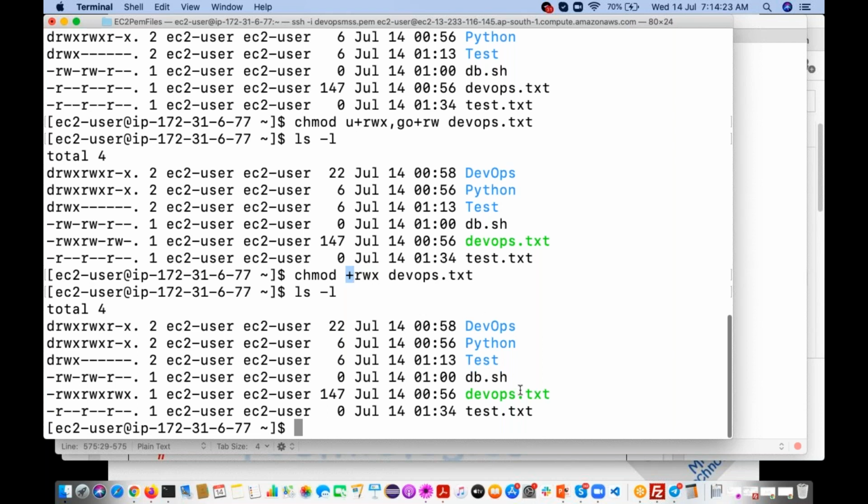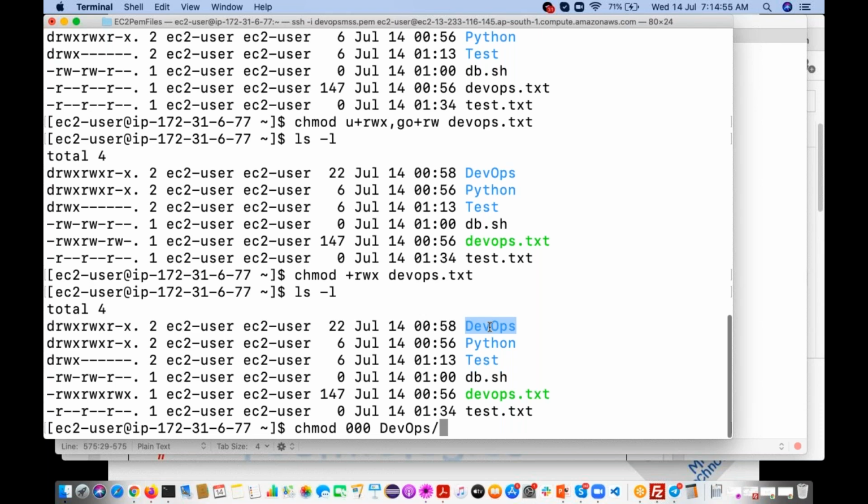So we set the permissions for the file. Is it possible to set the permissions for directories as well? Yes. chmod 000 devops directory. Do you remember the DevOps directory contains some files? One file is there, test.txt.